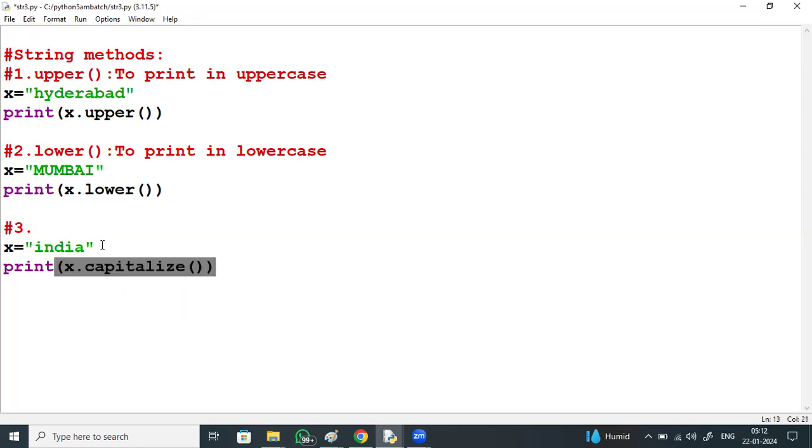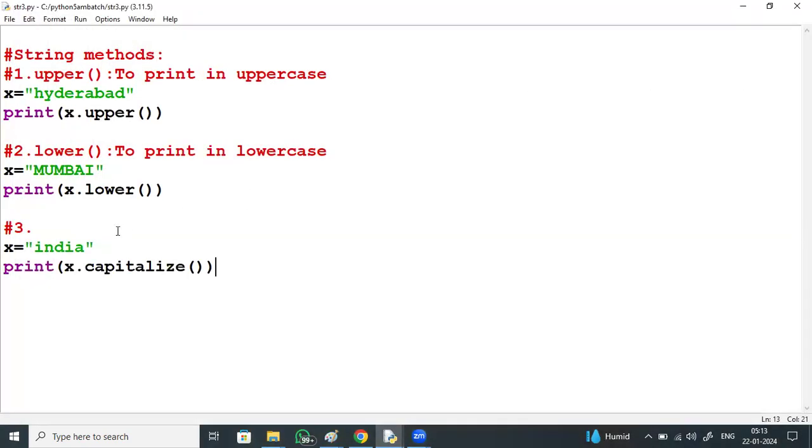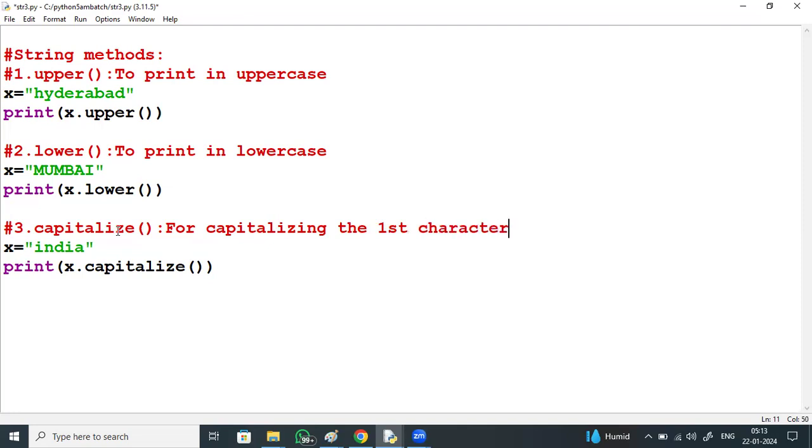Only the first character in uppercase, remaining all in lowercase. India. This is for capitalizing the first character.